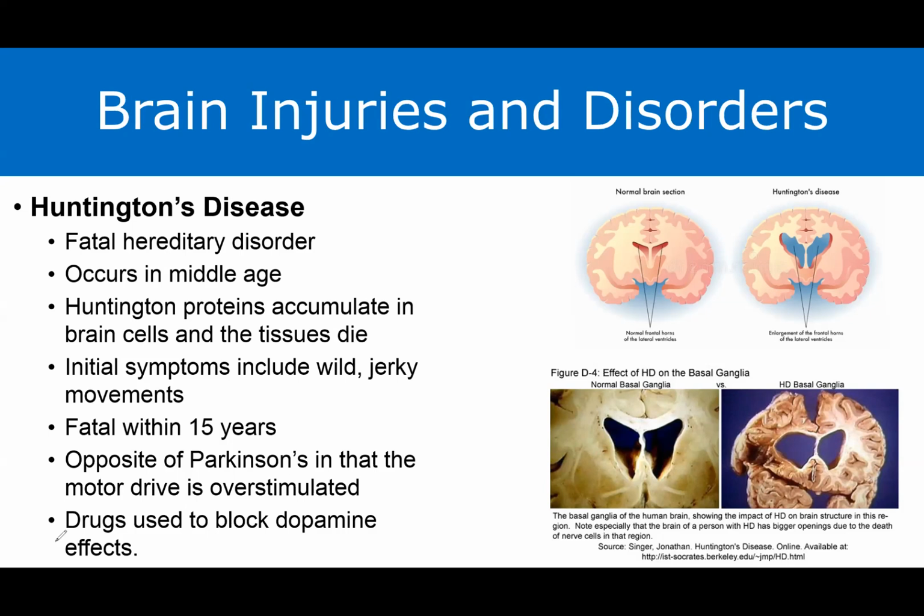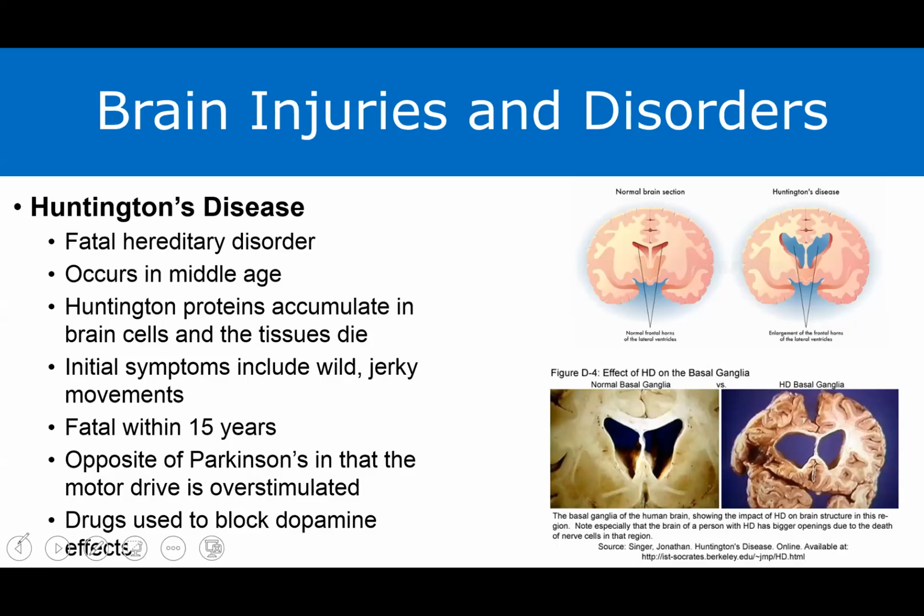The case of Huntington's is that it's actually sort of the opposite mechanism compared with Parkinson's, because in Huntington's the motor function is actually overstimulated. In order to manage some of these symptoms, you can use drugs that block the dopamine effects. But in terms of Huntington's disease itself, it's associated with particular regions,